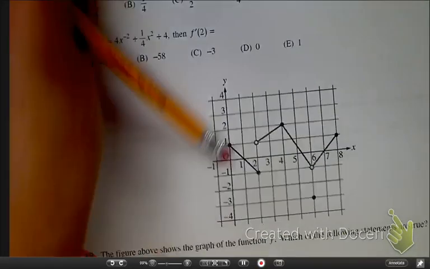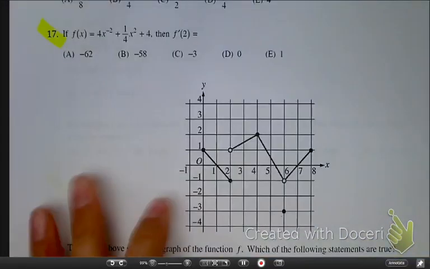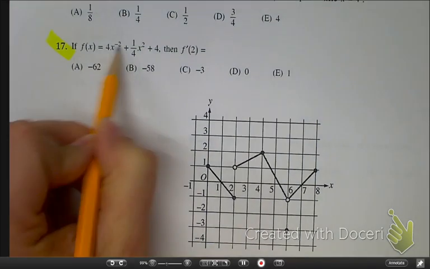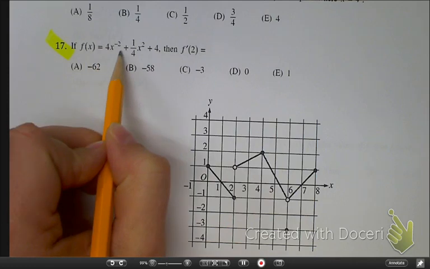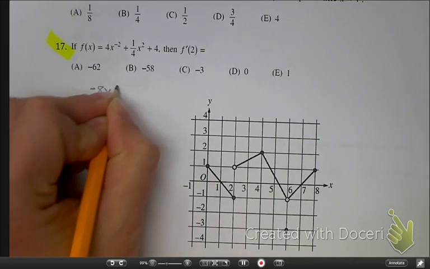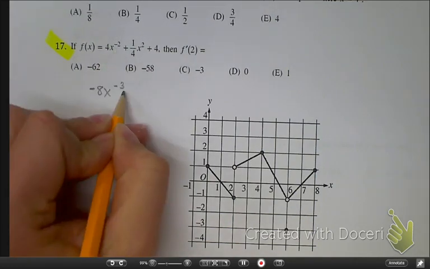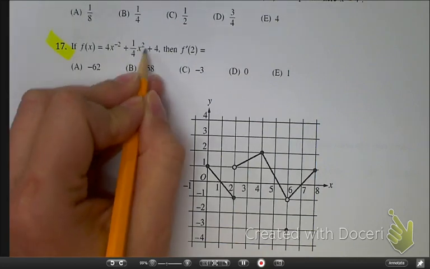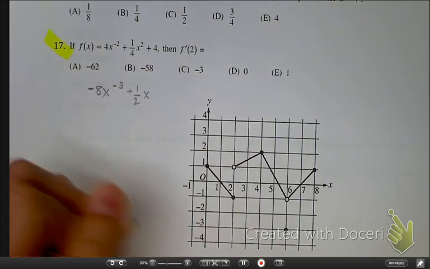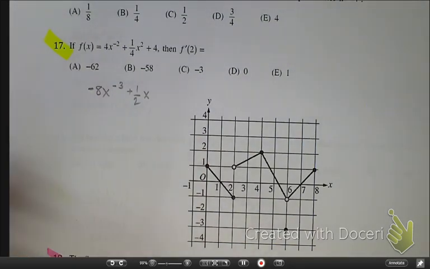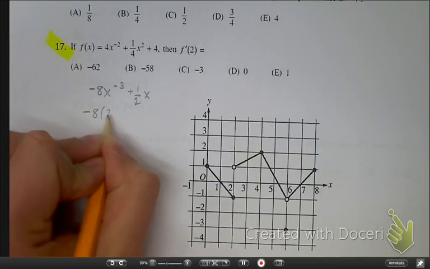All right, number 17. Number 17, they want the derivative evaluated at 2. Cool. The derivative of this first piece right here would be negative 8x to the negative 3, since negative 2 minus 1 is negative 3. Right here we have 1/4 times 2, which is 1/2 x to the first power, and then the derivative of 4 is 0. If I evaluate this at 2, I'm going to get negative 8, 2 to the negative 3,